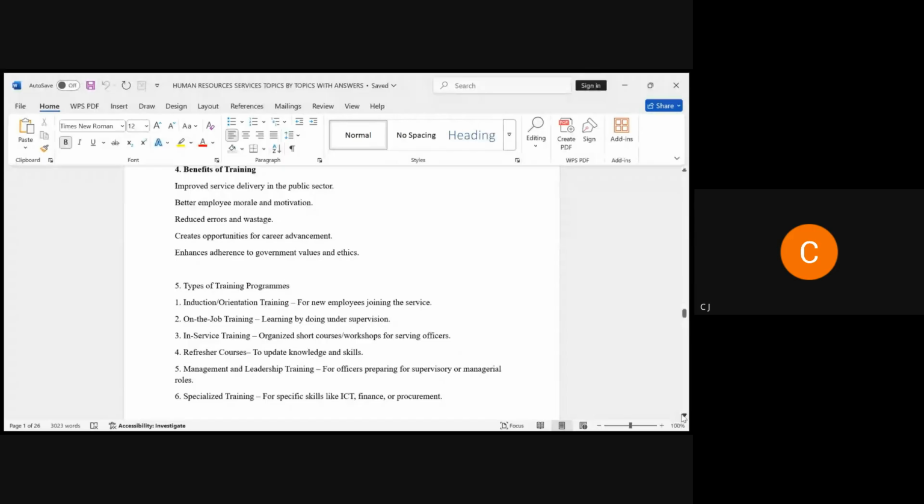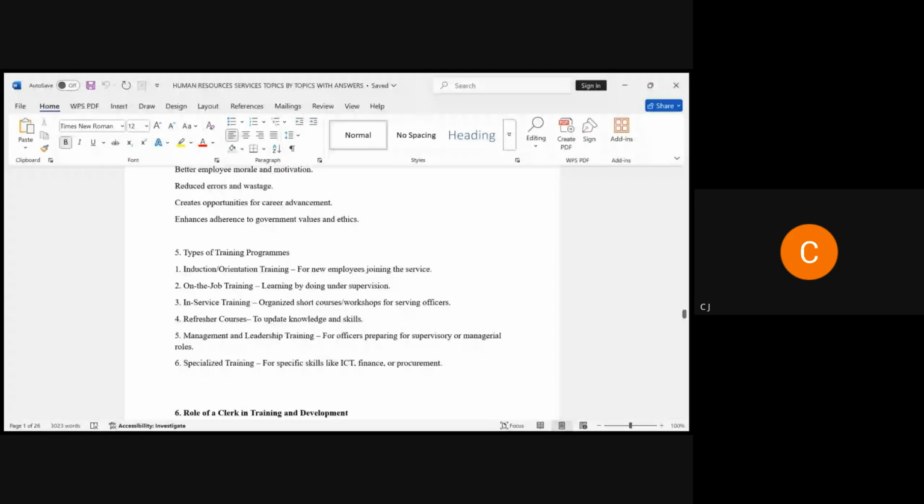Now, we take advantage of number 5, number 6, and number 4. If possible, try using your own money before maybe the government sponsors you. Try with your own money, to have them. They will help you not just at your place of work, even outside here. You can be offering consultation to people.